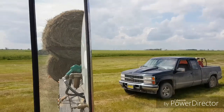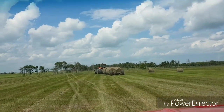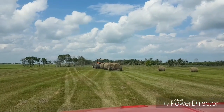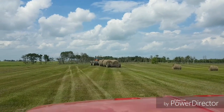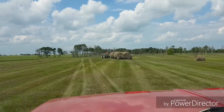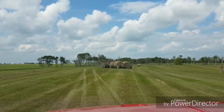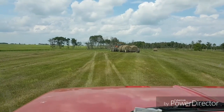We got a full load of 20 on the truck, and then we had to borrow the neighbor's hay rack, his wagon, because I got this truck stuck last night. Mom's got a picture there. I'll get her to send it to me. I'll share it at the end of the video here, but there's one ravine across here that was wet, and